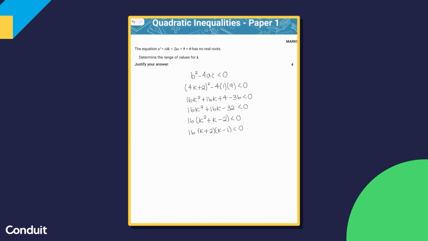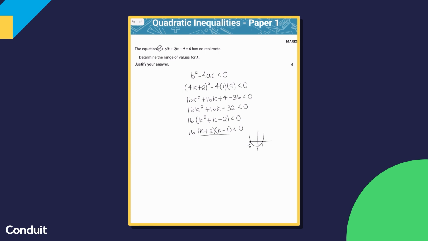Now we're going to have to justify what we're about to say. And to do that, you can use a table of values, or, as I do, you can use a graph. Now on my graph, my roots are going to be at negative 2 and at 1. And this comes from that factorised form. From the fact that I had a positive x squared at the start, I know my graph must have a